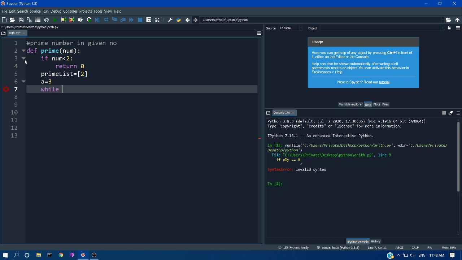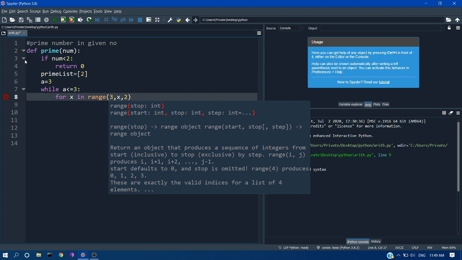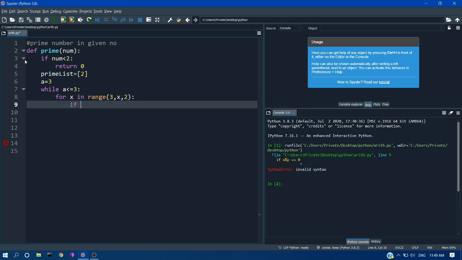So I'm creating a while loop here. While x less than or equal to the number, then our loop continues. So within the loop, we are again using a for loop, for y in range 3 to x, and 2 is the step size.